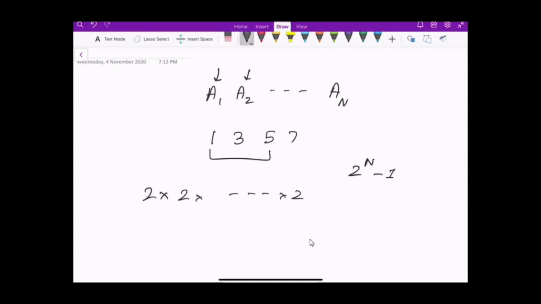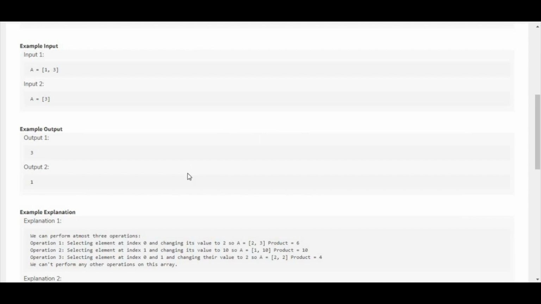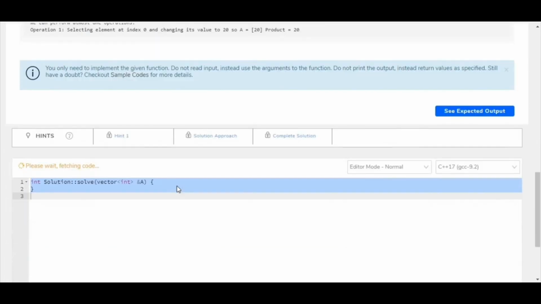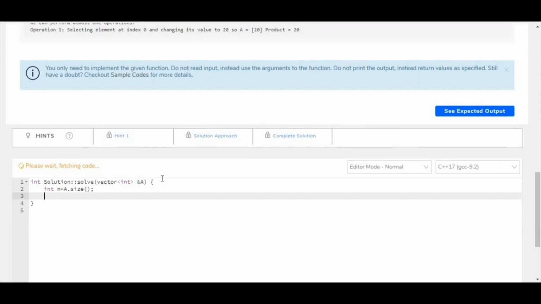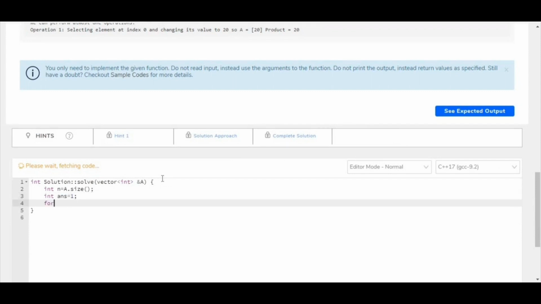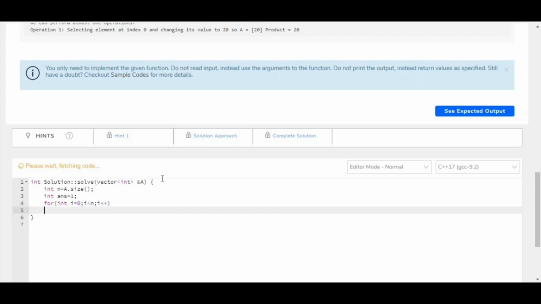So let's try to code it. Integer n will be the size of the array, so let's initialize it as a.size. Now we will initialize our answer as 1 and we will calculate 2 raised to n, so we will have a loop of n. Also let's define mod because we need to calculate the answer modulo 10 raised to 9 plus 7.